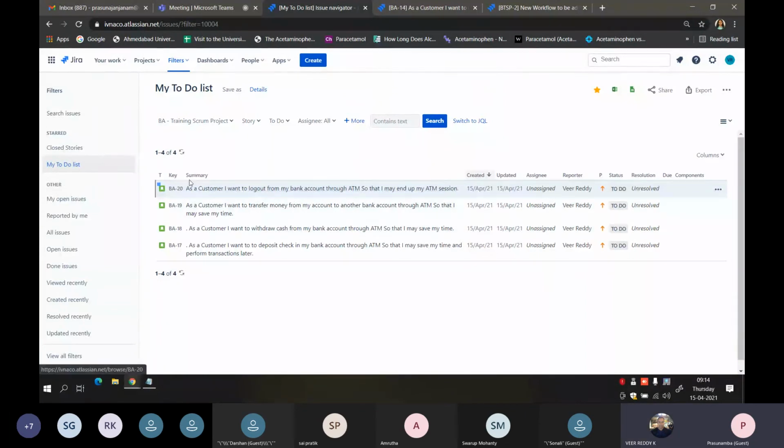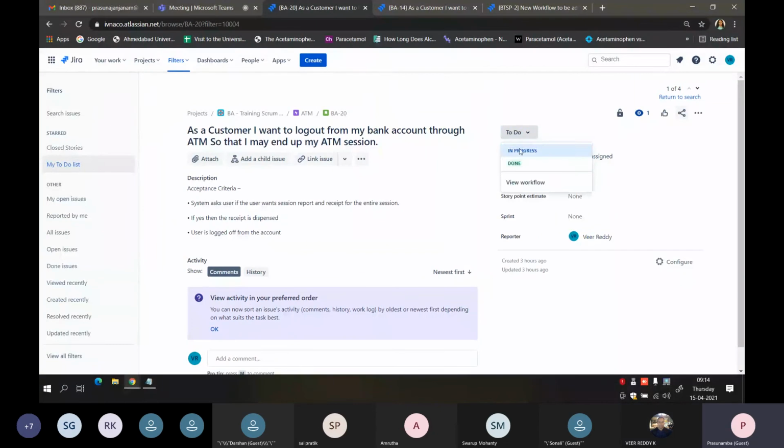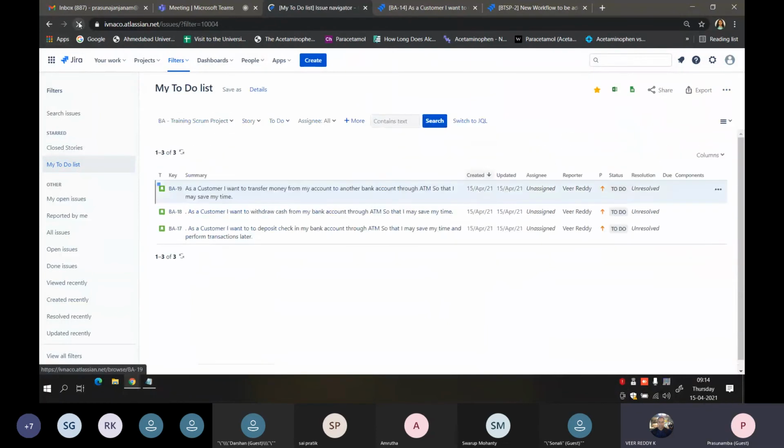And if I open this and I'm marking this as done. Okay. And again, I'm going to my to-do list. If you see, the list is updated. So you need not create the filter or apply this filter every day. You can just simply select the filter and then you will see that the options are updated. The list will be updated.